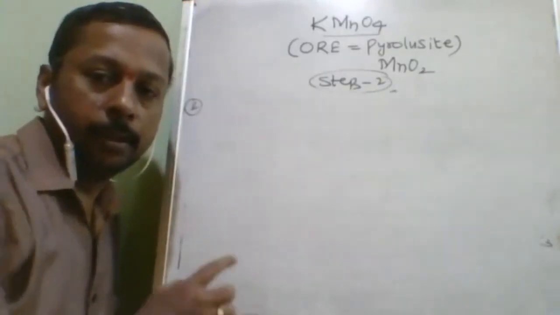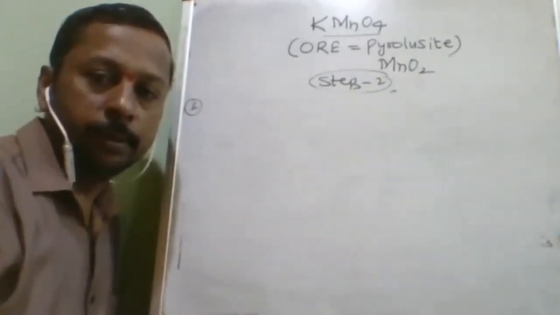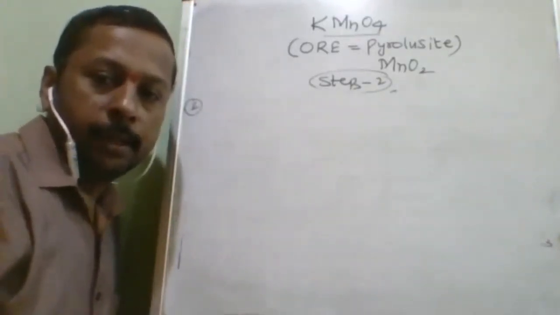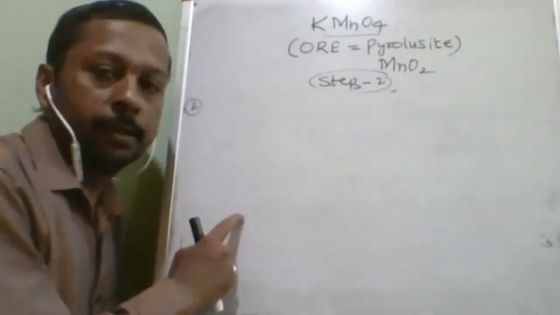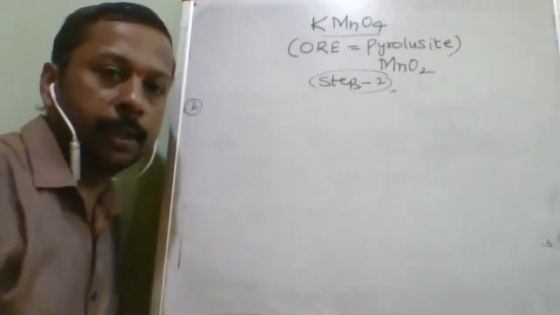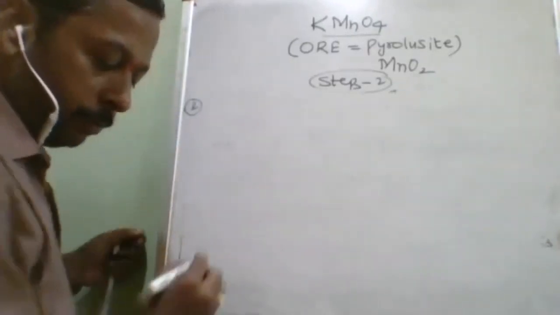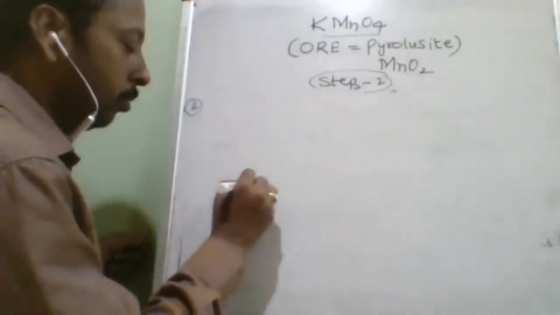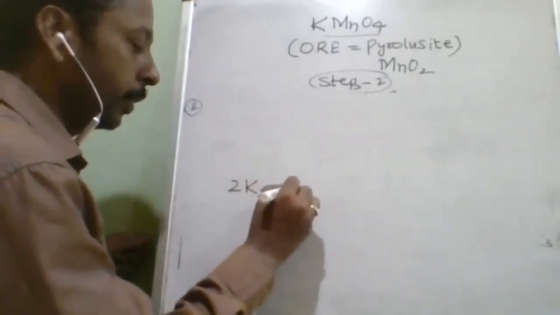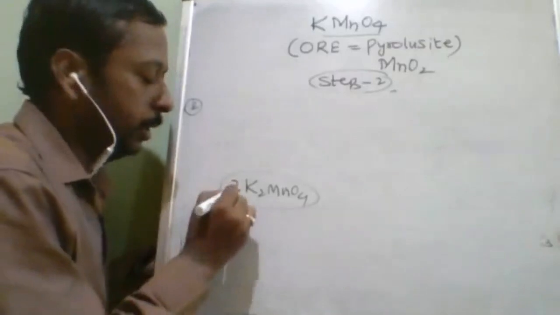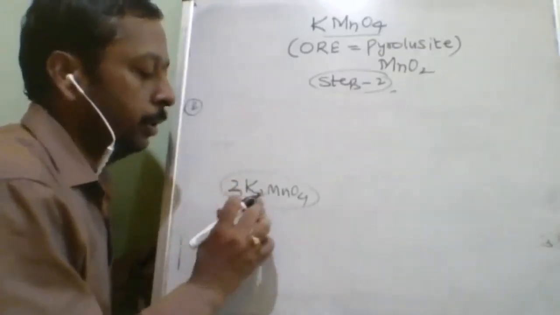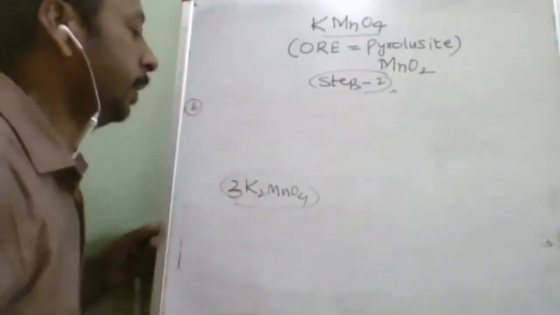Sorry, in the third step I think I have written the reactant side, it is K2MnO4 only. I think by mistake I have written it as KMnO4. So again I am writing 2K2MnO4 as the reactant in the third step of the CO2 method, it will be 3K2MnO4. So make a correction in the previous example.